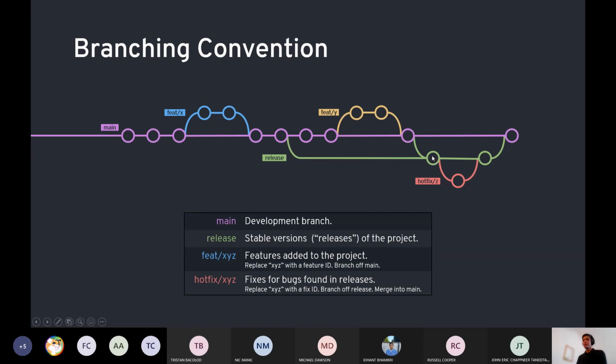Sometimes projects adopt this convention of hotfixes, where if a bug is found in release, they'd branch off release into a hotfix branch, fix that, merge that into release, so that release is all good, and then merge that hotfix into the main branch, so that main will include that hotfix as well.